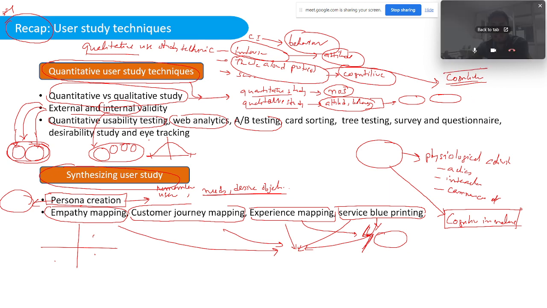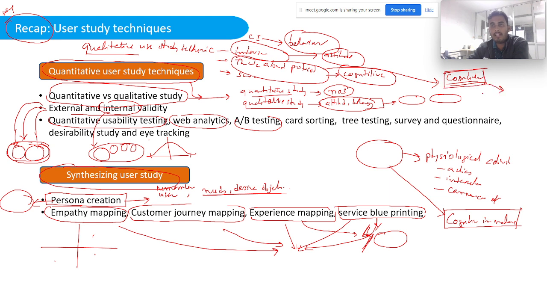Okay, now these are the ways how actually qualitatively we can capture information about cognitive processes. Now think aloud protocol, TAPA, allow you to capture qualitative information